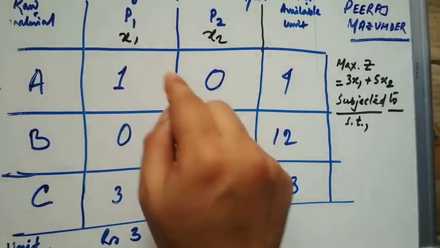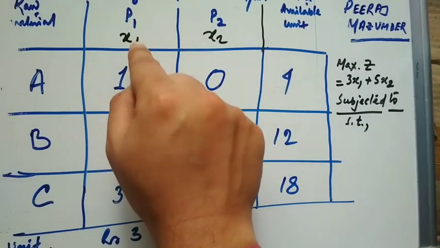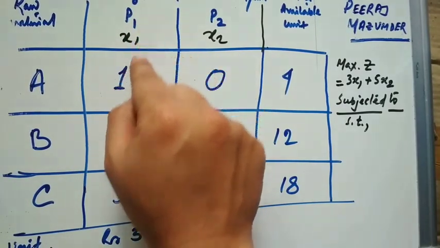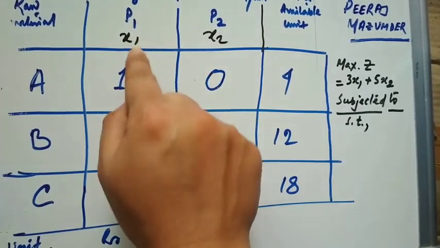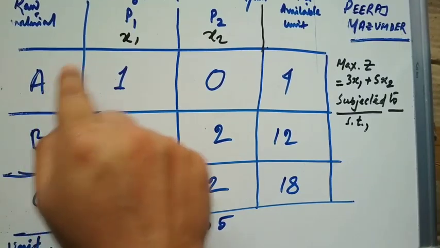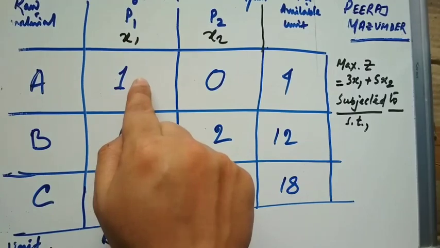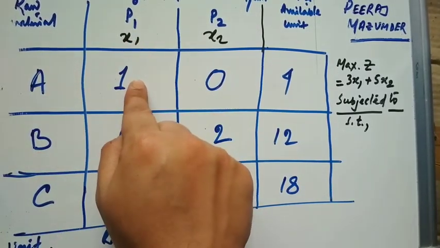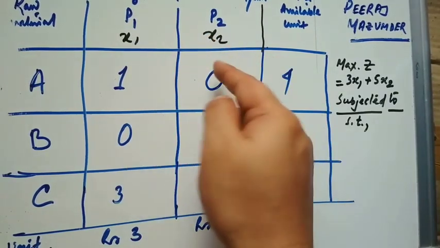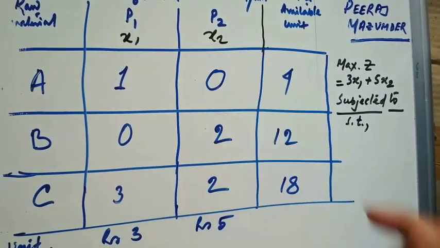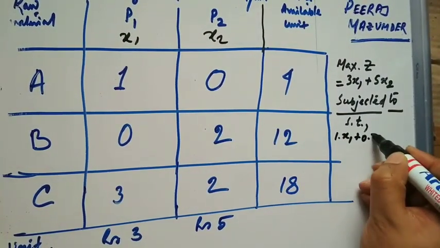So say we are manufacturing X1 units. So per unit we are needing, for producing a unit product, 1 amount of raw material. Now for producing X1 units of P1 product, we have X1 into 1 amount of raw material A. Okay. So for the first one, I can write only X1 and this one is 0, so 0 into, you can say, X2. Okay. So I can write it over here: 1 into X1 plus 0 into X2.